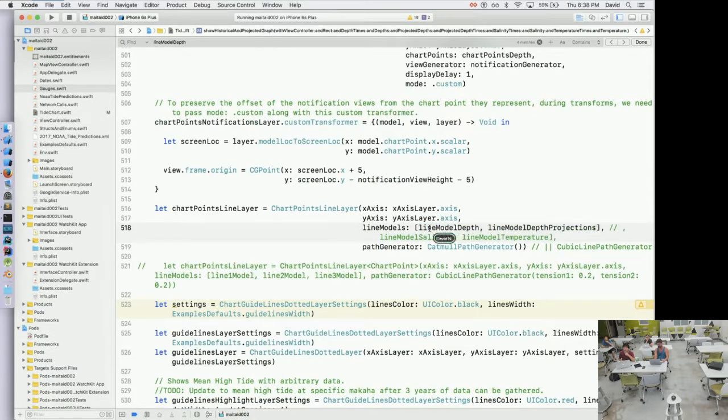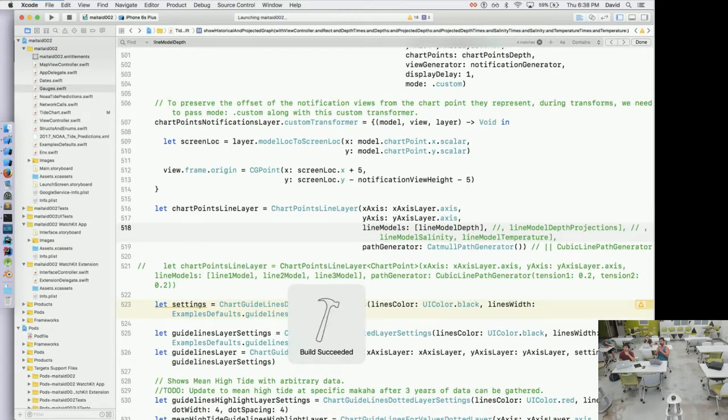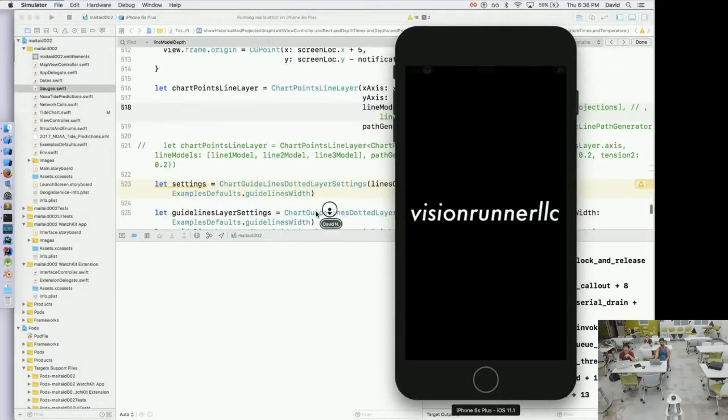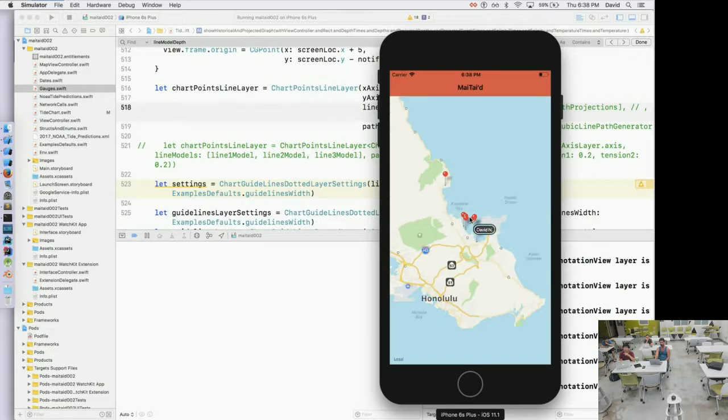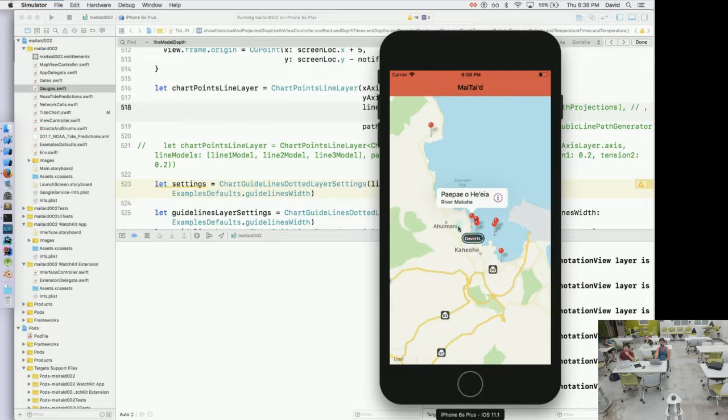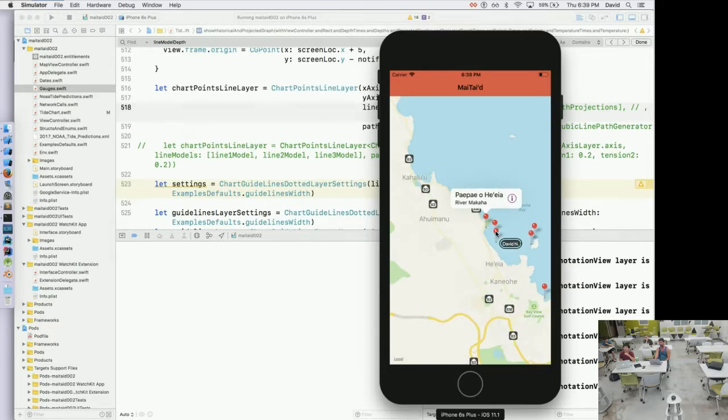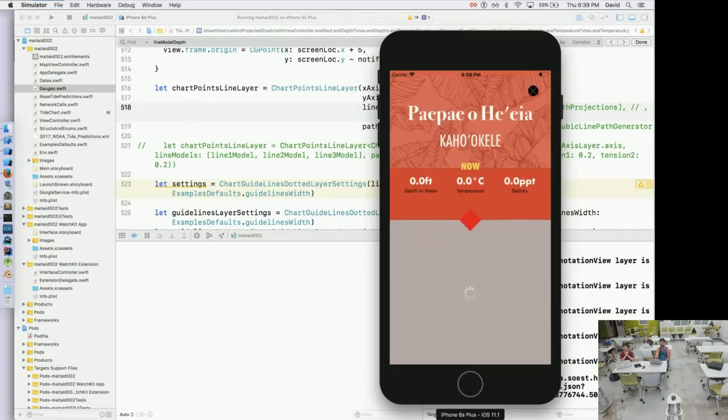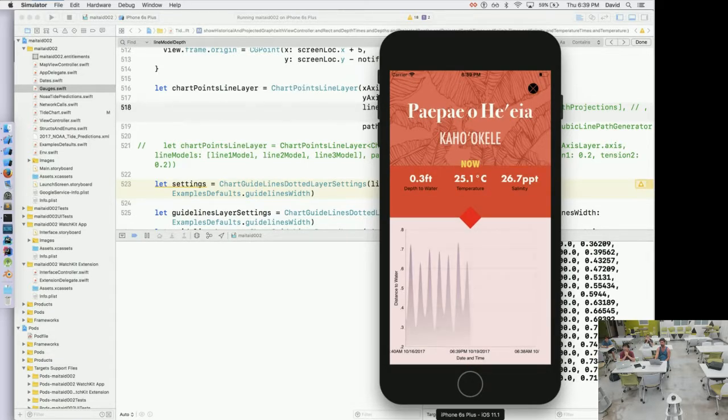So if I take out the projection and I run it, we're not going to see any line here. But we'll still see the gradient because that's being added separately. So here we go. I'm going to go to the HICapacity. I'd like to rewire the storyboard so it jumps right to this, but it's passing in data too, so you do one thing at a time. So now no dotted line showing, I see,